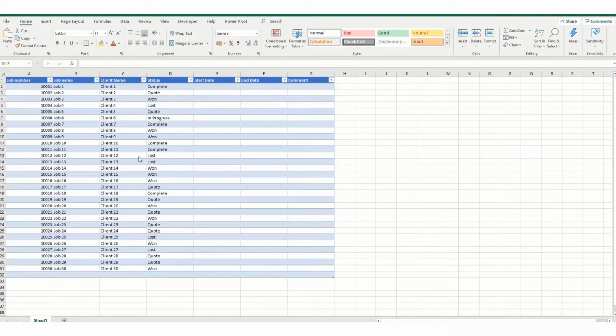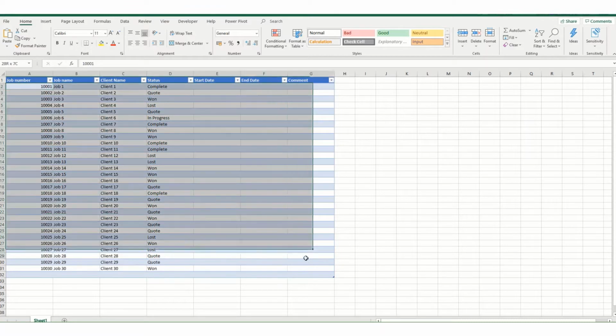Now in this particular spreadsheet we have an example of a number of jobs: job name, client, and whether they're won, or say have just been quoted, or if the project's in progress. And we might want to format these so that we can quickly pick out of the list which ones have which status. So if we select all our data,